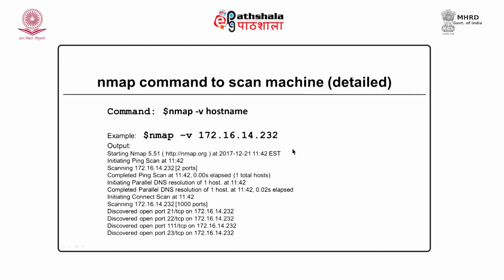Now, if I want to scan in detail, I can specify the host name with the option -v. When I say -v, it will give a detailed report of this system. The report will be very long, it will contain a lot of other details apart from port numbers. It also displays the operating systems and a few other software that are running on the host machine.